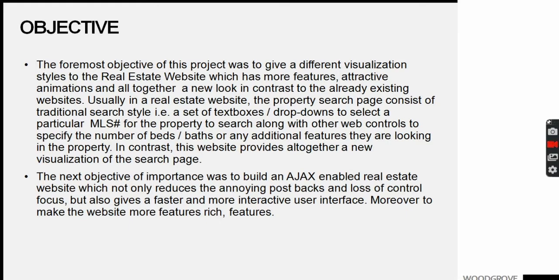In contrast, this website provides altogether a new visualization of the search page. The next objective of importance was to build an Ajax enabled real estate website, which not only reduces annoying postbacks and loss of control focus but also gives a faster and more interactive user interface. Moreover, to make the website more feature-rich.